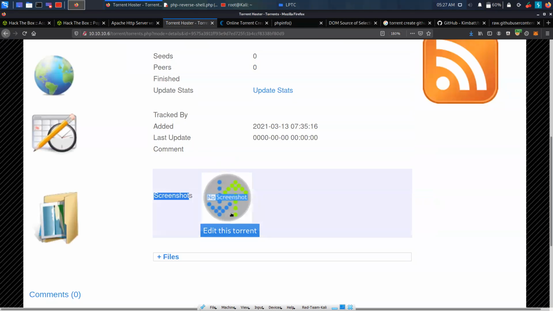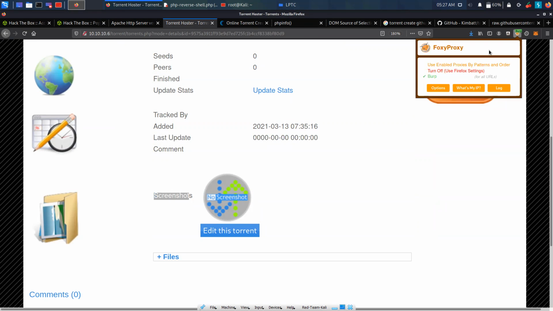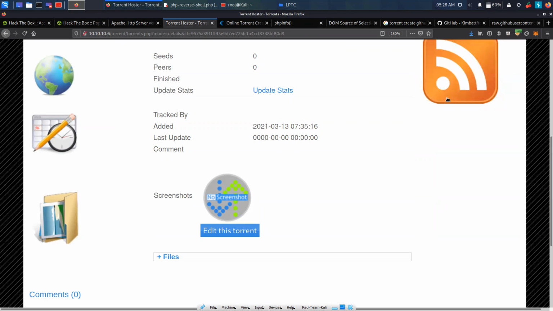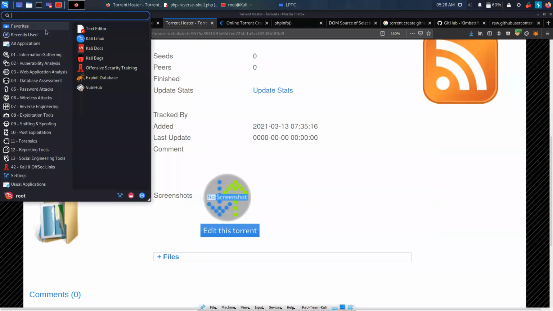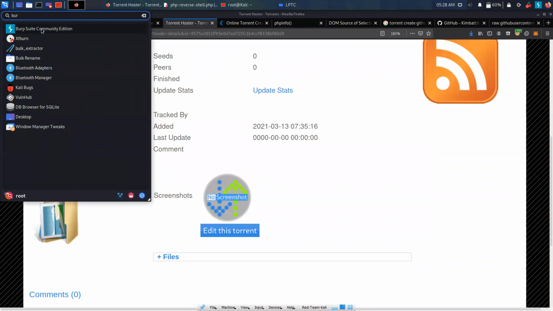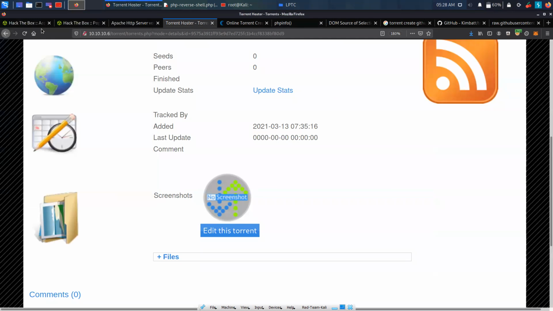So we go over here where we will be able to upload our screenshots. This is an extension. I will share a link on how to configure Burp Suite and install it after this session if everybody wants it. This is an extension which allows us to listen on Burp Suite basically. And we click on this Burp Suite icon. Otherwise, you can find it from over here. We can type Burp Suite. It's already installed in Kali by default.